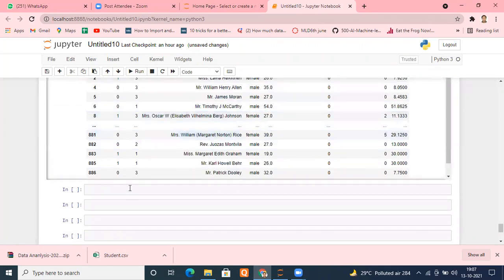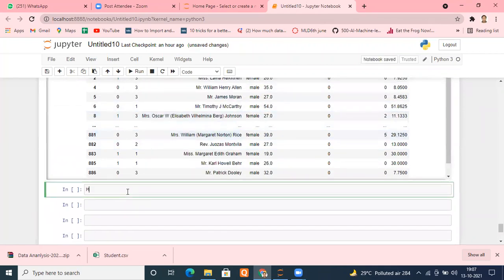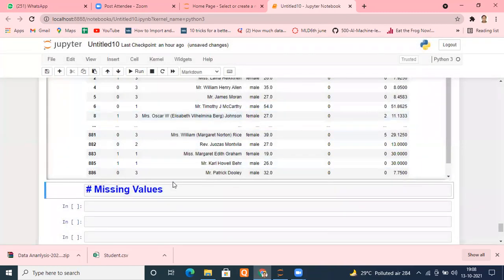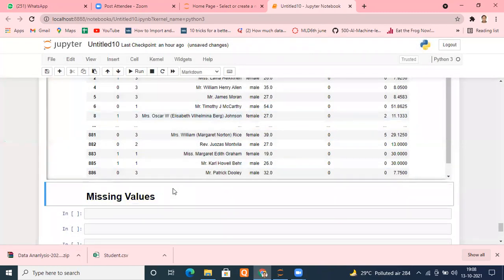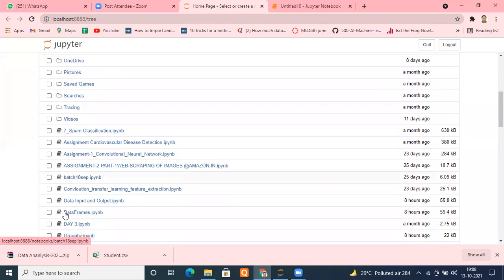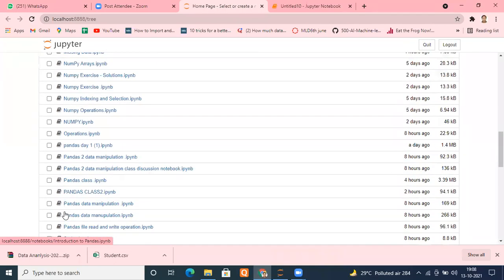So now let's understand missing values, how to deal with the missing values. Let me search for a data set somewhere. I think I do have a data set with me so that you can understand that better. What is the name? I don't remember. Give me a second.